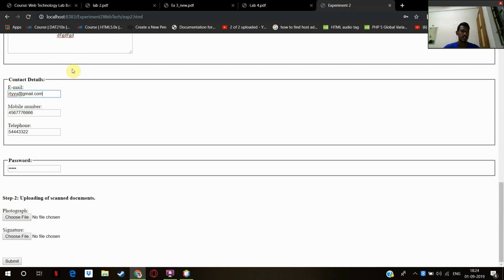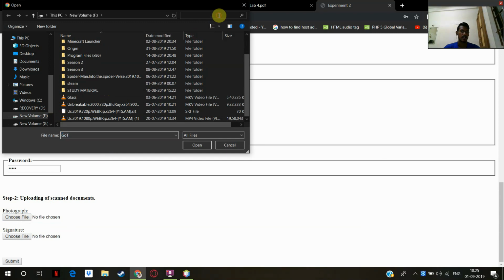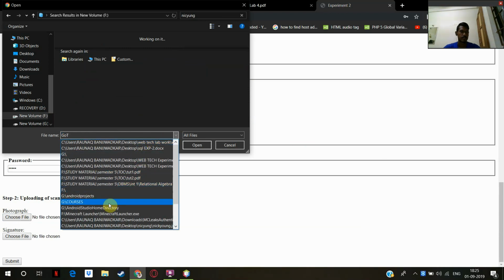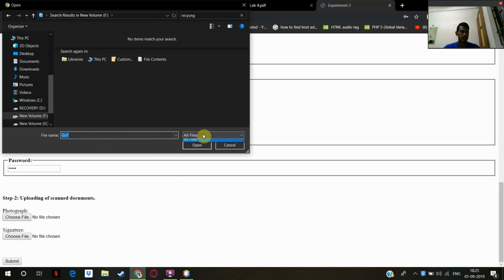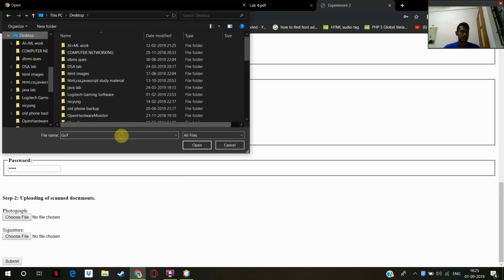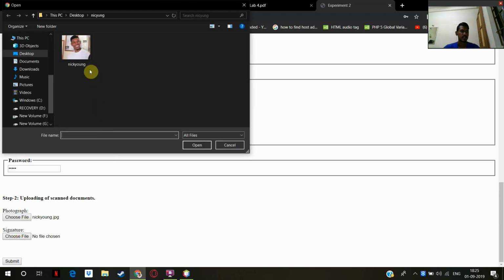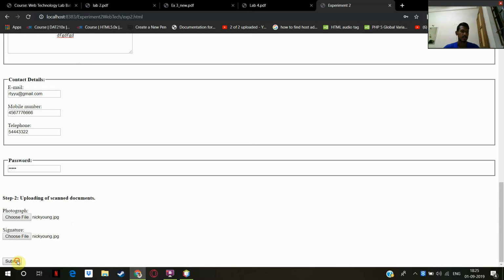If any field is left empty, it will pop an alert and tell you to fill the required field. This is done using the required keyword, and let's say to choose a file, so let's say some image we upload. Similarly here, since it's required, we are required to upload some image, and when I submit, you can see we